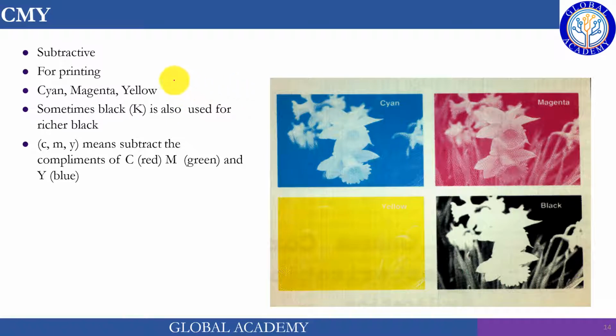CMY. C stands for cyan, M for magenta, and Y for yellow, like this one. This concept of color representation is used in printing, and the shortcoming of this color space is that we cannot represent pure black color using these three color components. We can display a grayish or dark grayish color but not black.